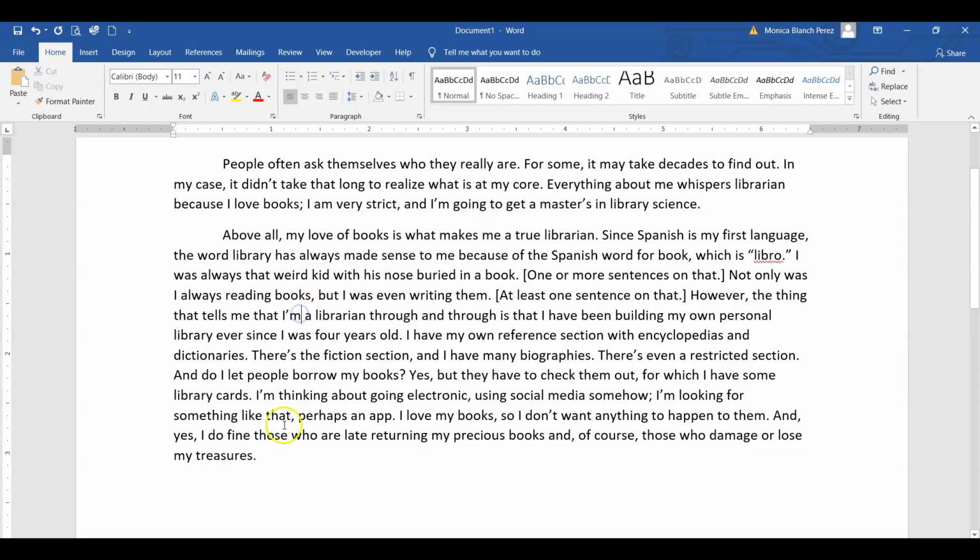That is the first point. But I need to wrap it up, right? I need to wrap it up by saying, therefore, my lifelong love of books is one of the things that makes me truly a true librarian. There it is. Remember, I slow it down, librarian. And if I say it slowly, eventually I can say it more quickly and I can say it right.